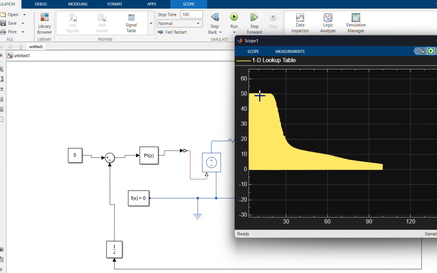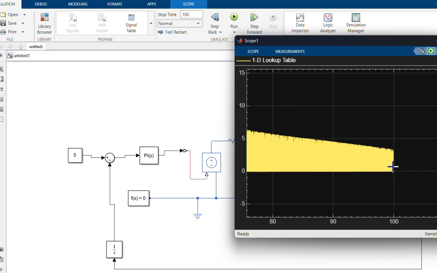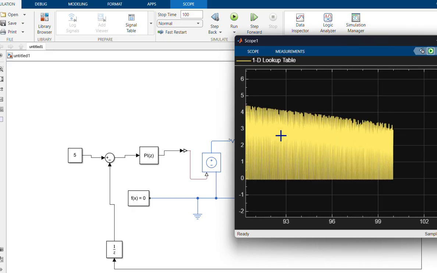It goes to the maximum 50, and after 30 seconds it goes to some limit, and it's not proper.